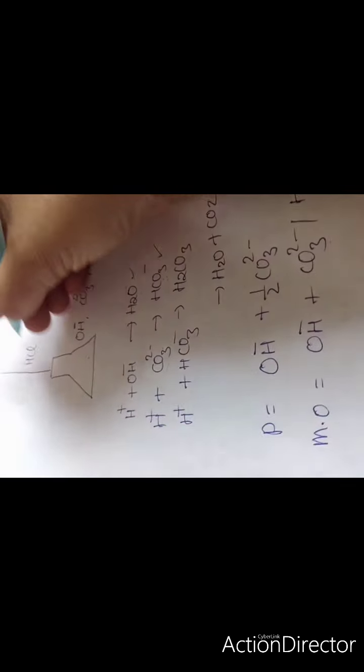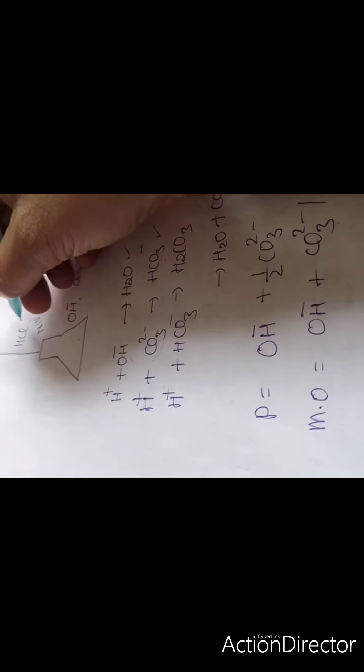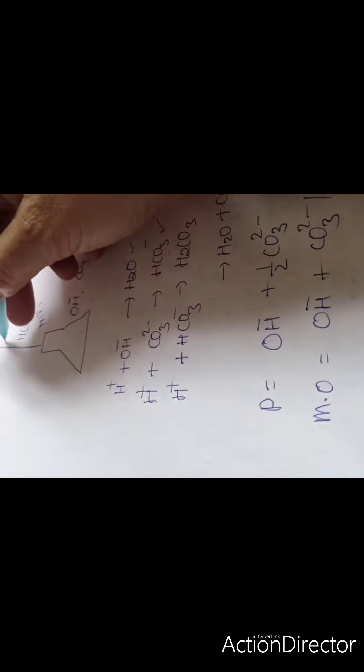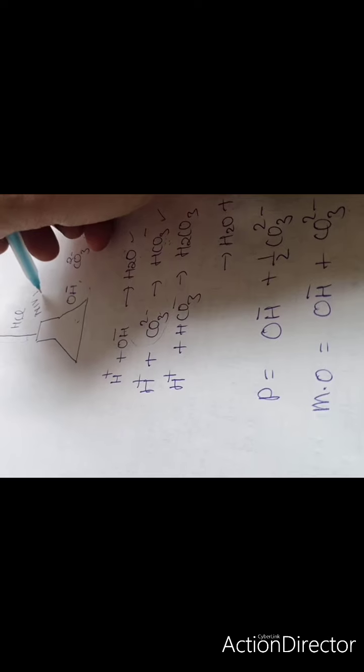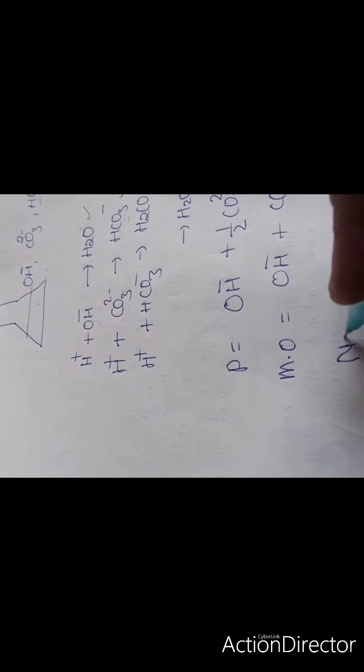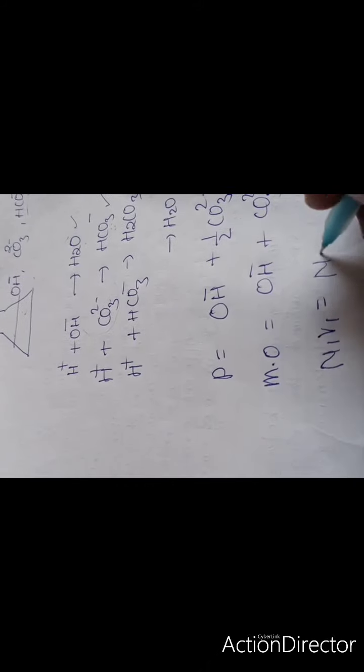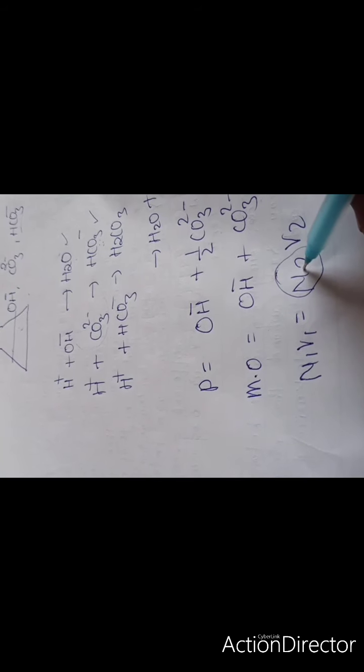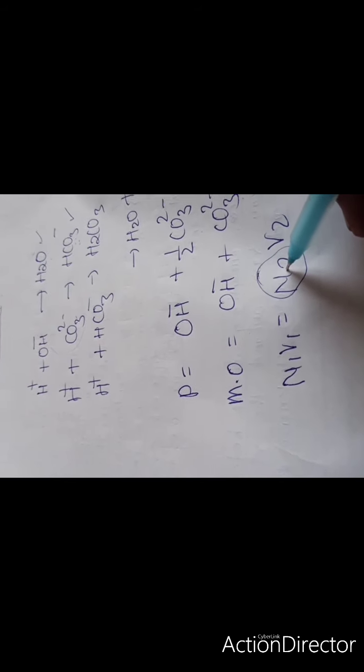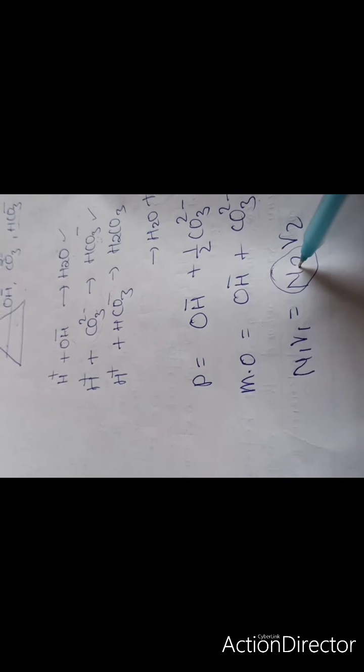Calculations you have to do using the law of chemical equivalence, that is, N1V1 equals N2V2. The concentration of HCl is known. The volume is whatever reading you are getting, the concordant reading you have to write, and N2 you have to calculate, and the volume of water is known to you. So using the law of chemical equivalence, you will be calculating N2. Once N2 is known, you will be calculating the strength. The formula for strength is normality into equivalent weight. It is expressed in grams per liter.